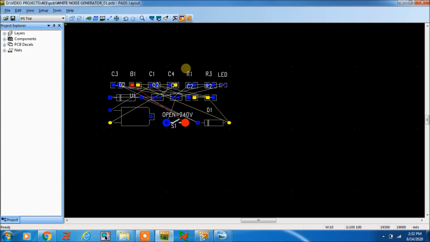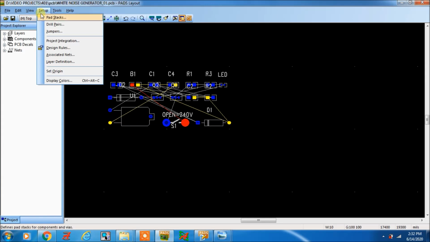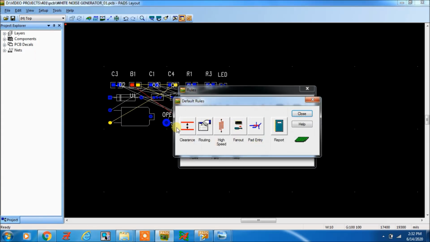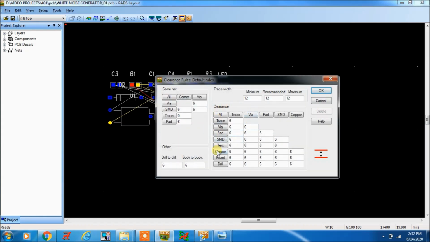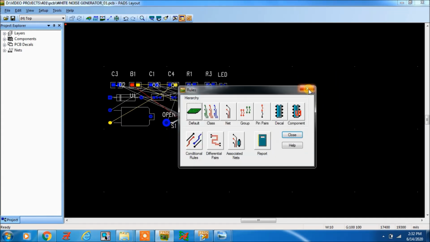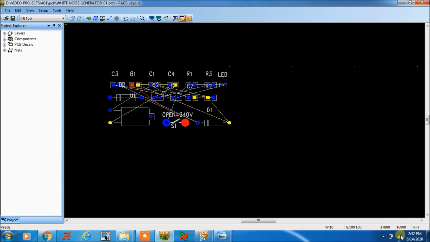In my next video I will show you how to create design rules, like clearance and all. This is by default, so by default it will be 6 mils. This also I need to tell you. Constraint settings and all I will show you in my next video.